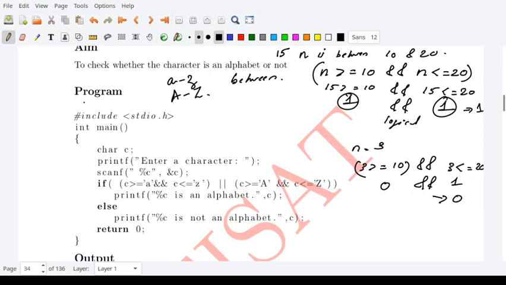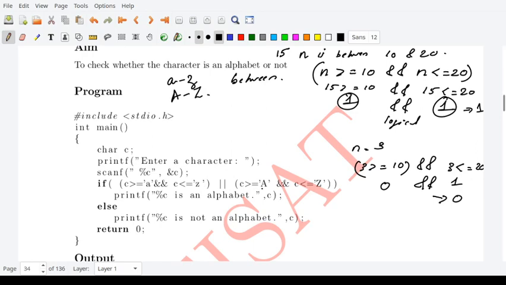Similarly, you can check whether a character is between lowercase a and z and uppercase A and Z. How will you do that? You will check whether C is greater than or equal to small a and C is less than or equal to small z.